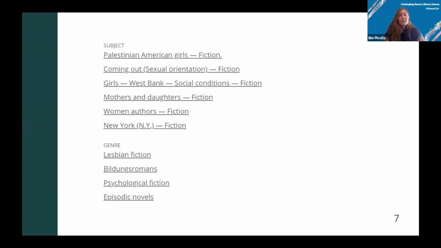The next one is for Zaina Arafat's novel, You Exist Too Much. The term coming out here definitely indicates queer content, presumably coming out as a lesbian according to the genre form term there, but that's also incorrect. LC just doesn't have a term for bisexual fiction. The book summary mentions that this is a story of self-discovery and coming out, but it doesn't acknowledge the character as bisexual. So the issue of representation, and in this case, bi erasure, gets further complicated with the cataloging choices that are made. And it's not uncommon for queerness to be obscured or downplayed like this in the metatext of the book, to the point that readers and catalogers alike can't really identify them.